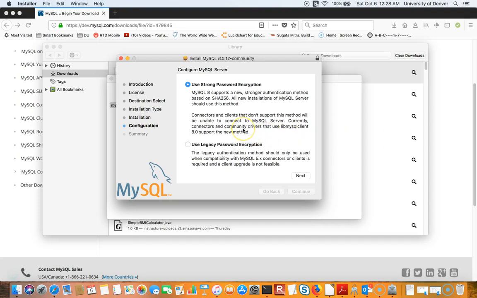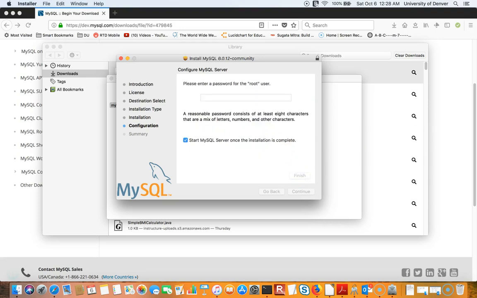After the installation, it will start the configuration process. In the first screen, I need to decide if I want to use the strong password encryption or legacy password encryption. Now, for some reason, sometimes the strong password encryption doesn't work on Mac, and so I will suggest that you use the legacy password encryption, and that's what I'm going to do. So I'm going to click on the radio button for the legacy password encryption, and I will click on the next,